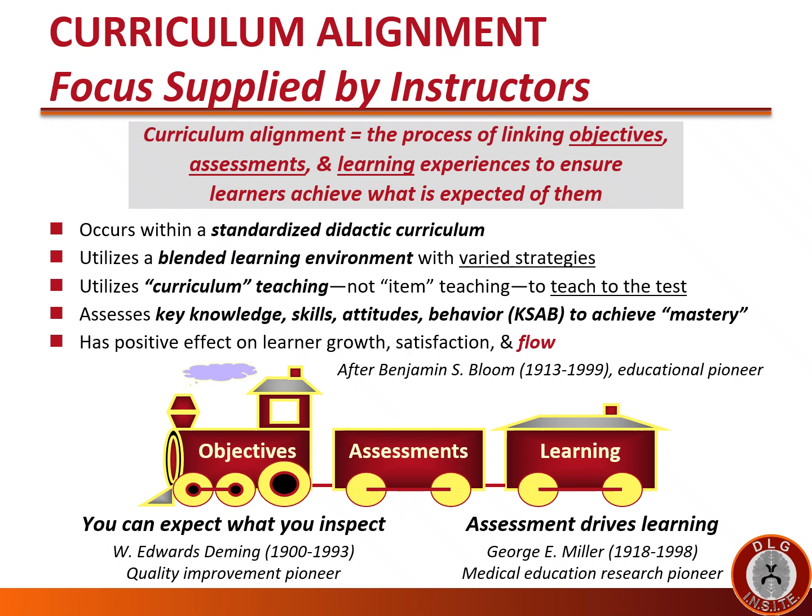Curriculum alignment is an optimal way for instructors to provide focus for the learners. Curriculum alignment refers to the process of linking objectives, assessments, and learning experiences to ensure learners achieve what is expected of them. In this model, learning objectives are not tacked on at the end, they actually drive the train. The learning objectives give purpose and focus to the learner, and then the assessments must be linked to those objectives so that you assess what actually was taught, and the learning provided by the instructors must match the objectives